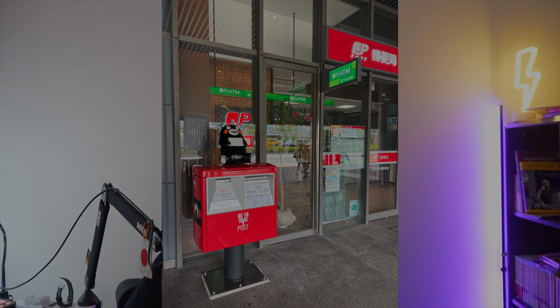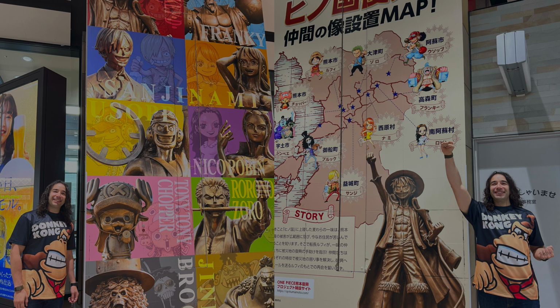And by the way, the Japanese are marketing geniuses. They know how to deal with their tourists. Because as soon as you arrive at Kumamoto station, you see two walls with lots of drawings and things about the statues. I had just landed, I was excited, and as soon as I saw that, oh my god, so pumped, so happy. But the thing is that all the statues, there are 10 by the way,